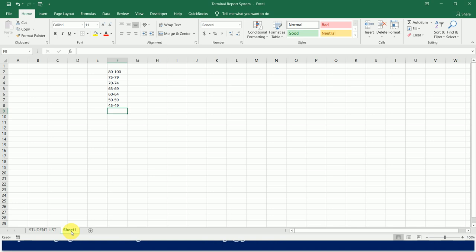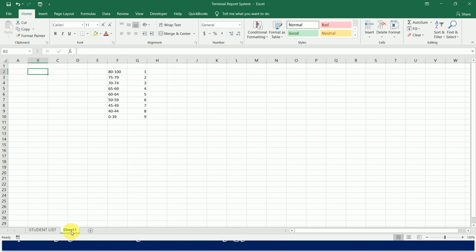Then we go from 40 to 44. Then we have 0 to 39. So they will normally tell you this is 1, 2, 3, 4, 5, 6, 7, 8, 9. So most of us are familiar with this type of grading system, and that's what we'll be using for our